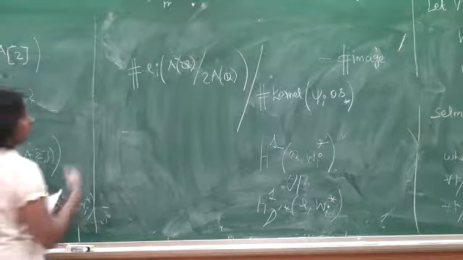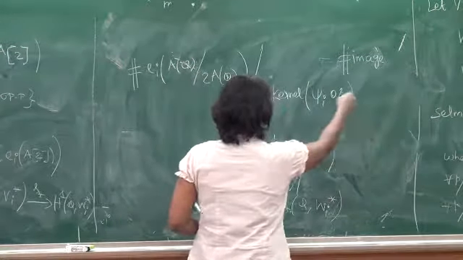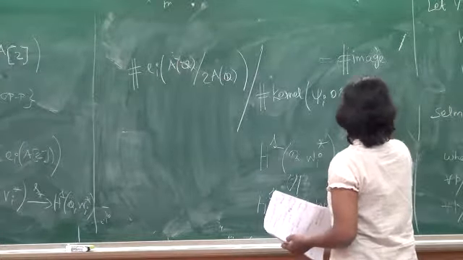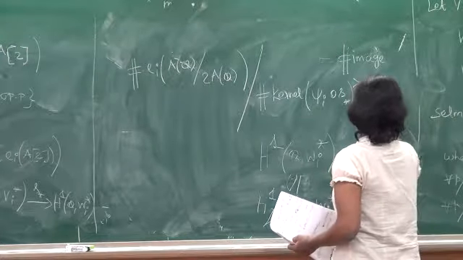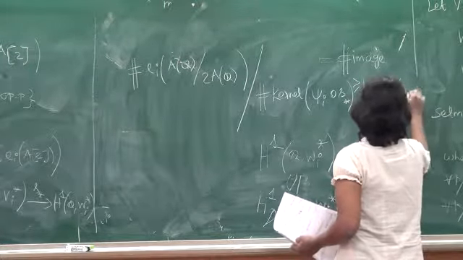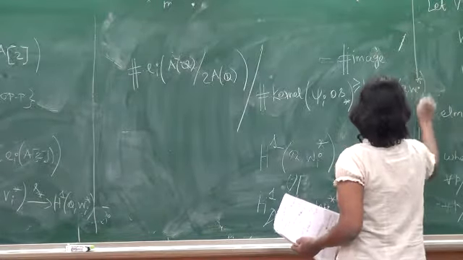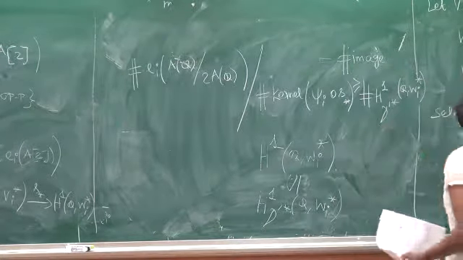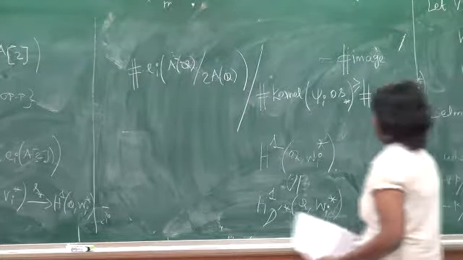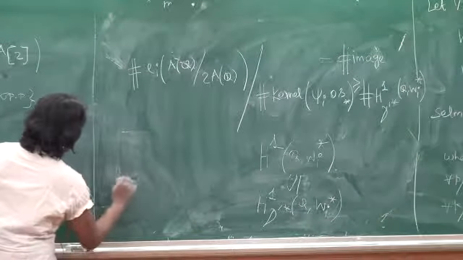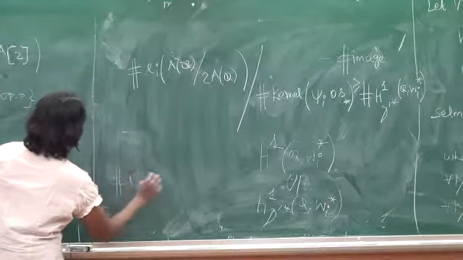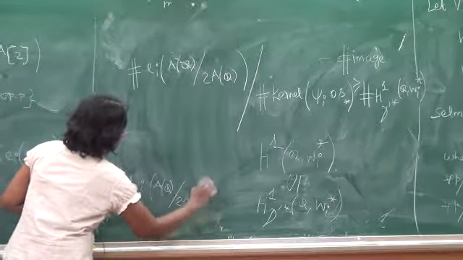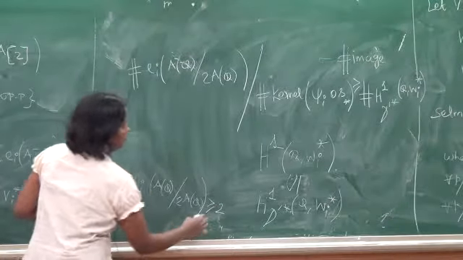So I can write the image, star. And the kernel of this one and this one multiplied by that one, so I can conclude the cardinality of